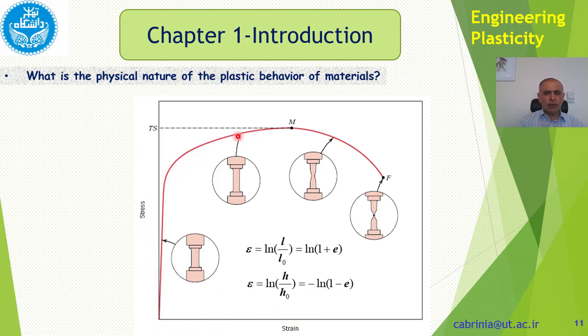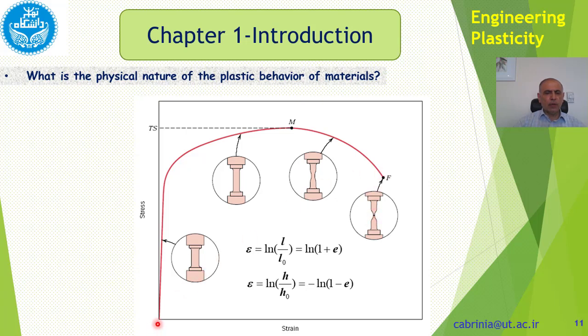Now, we reach a point here. As you can see, this is increase in length. We reach a point here, and then at some point we see that a neck is formed, and this neck is unstable, and it suddenly changes to this, and it becomes very narrow and suddenly breaks off here.